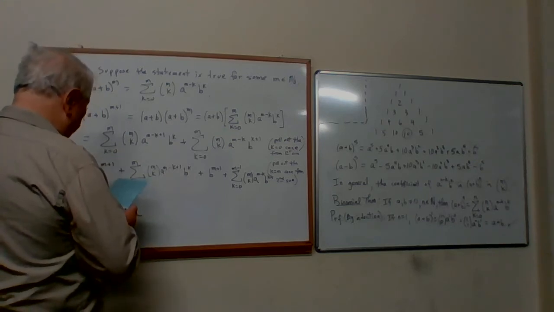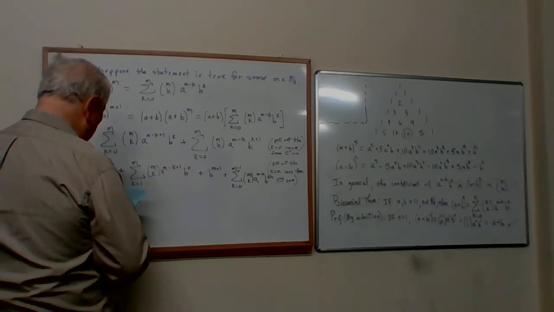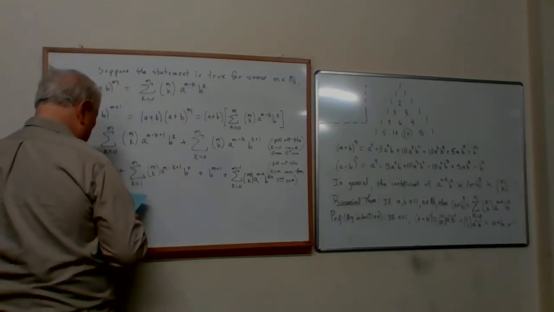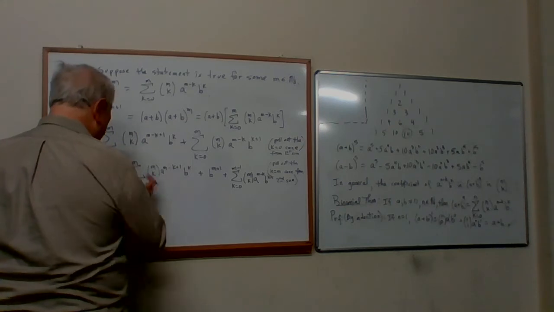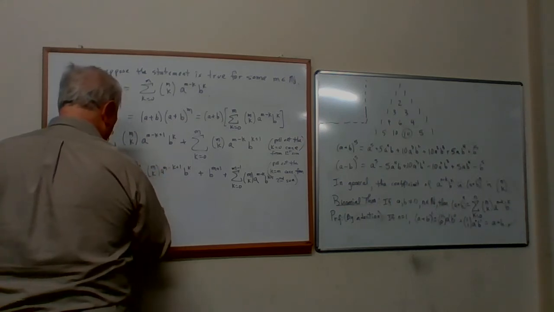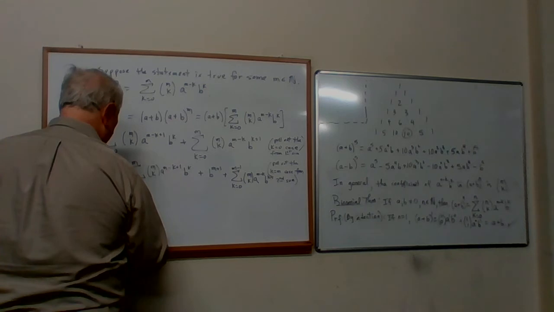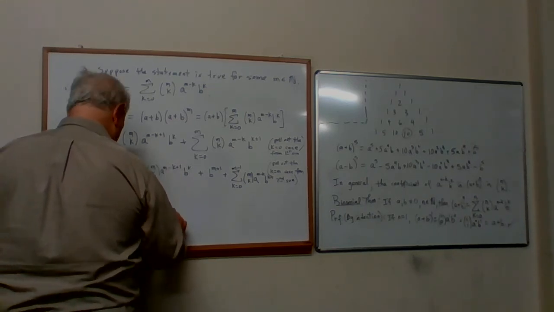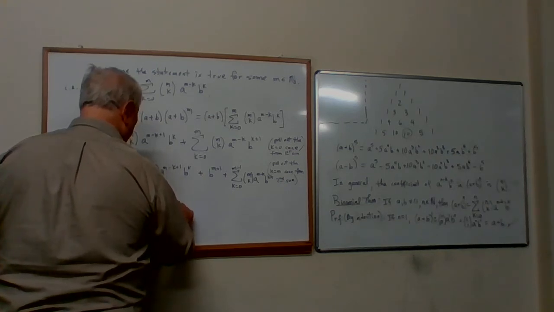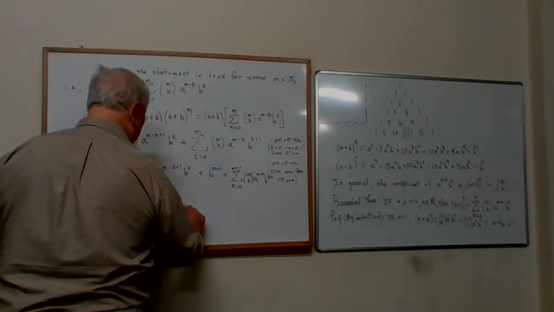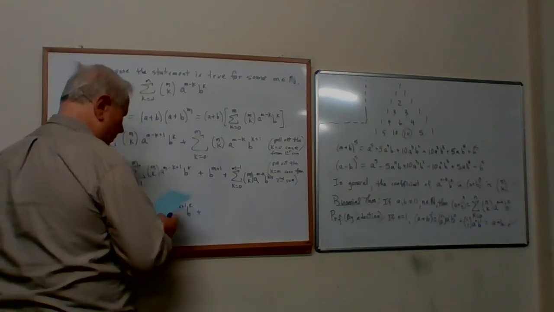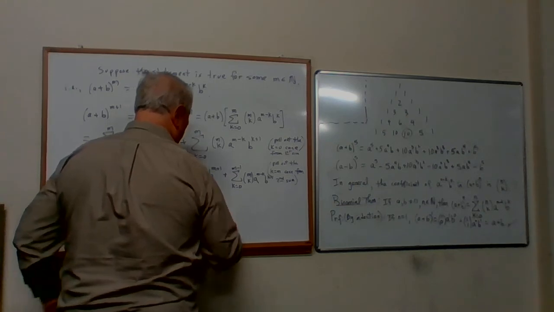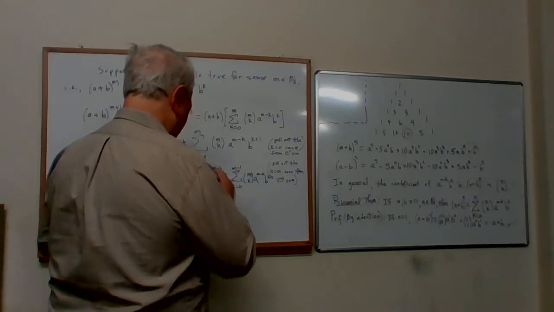Okay. So that's a to the m plus 1 plus, and I'm going to copy over the first sum. So that's k equals 1, m choose k, a to the m minus k plus 1, b to the k, plus b to the m plus 1, plus, but now,